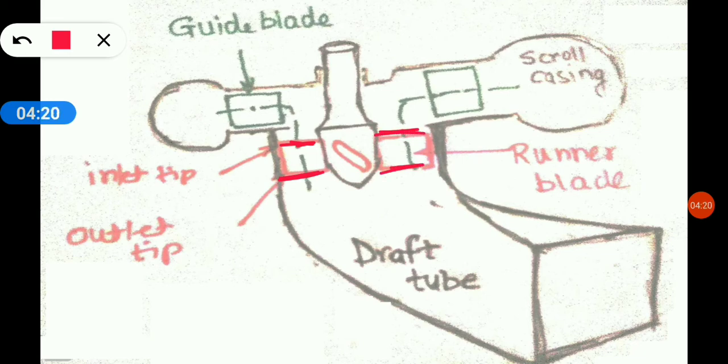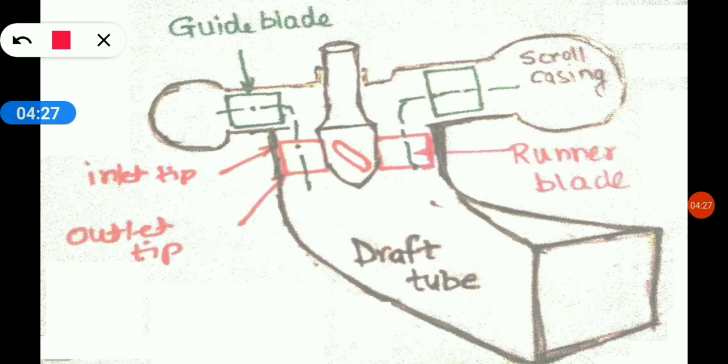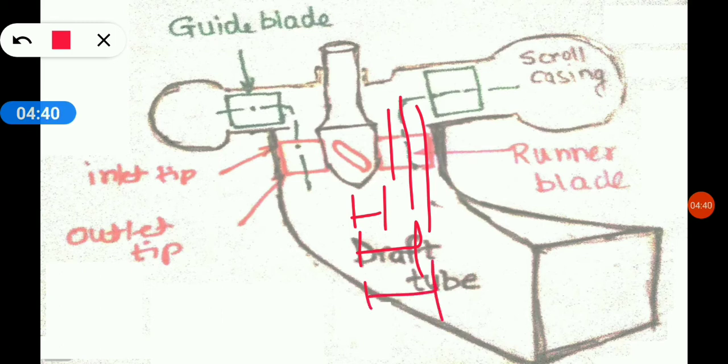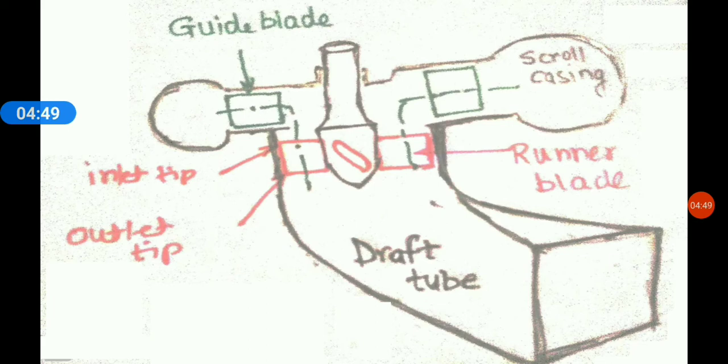Now why is the blade angle changing? The reason is that, as you can see here, the peripheral velocity is different. Here peripheral velocity is different. Here peripheral velocity is different. Why is it different? Because the radius is changing. Here radius is lesser, here radius is higher, here radius is still higher. So as the radius increases, peripheral velocity also increases, because it is pi D N by 60. So if peripheral velocity is varying throughout the length, the velocity triangle will change.